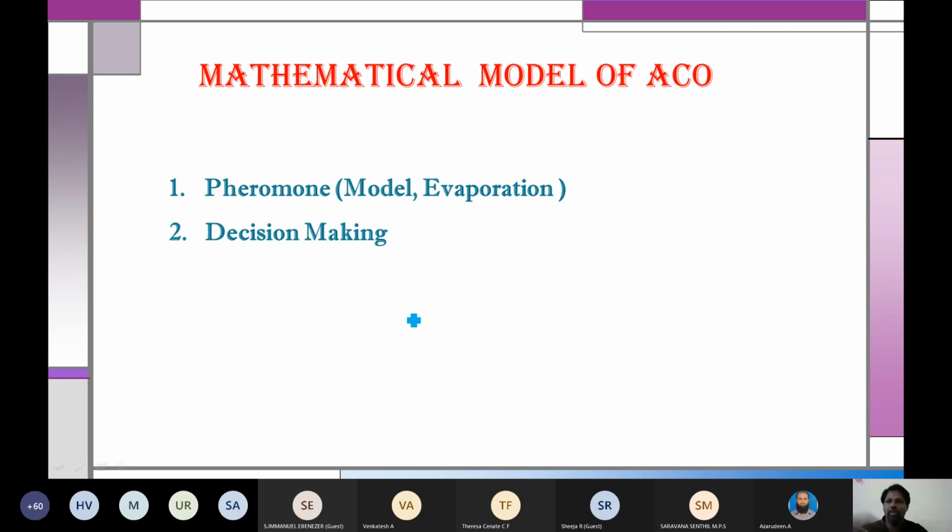How do we decide this path is shorter? By seeing the graph, we can see the path is shorter. But when you're writing mathematically, how do you decide which path is shorter? All these things depend on certain probability. Now let's see how to write this mathematically with an equation and example. Let me try to take it within the next 30 minutes.